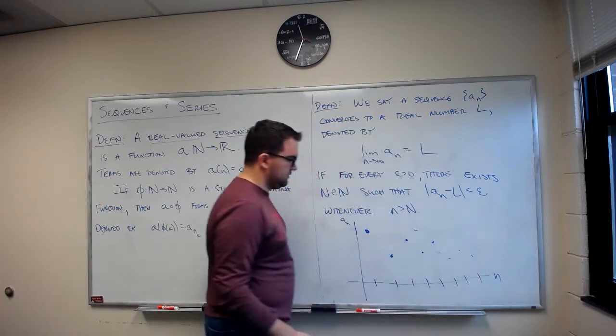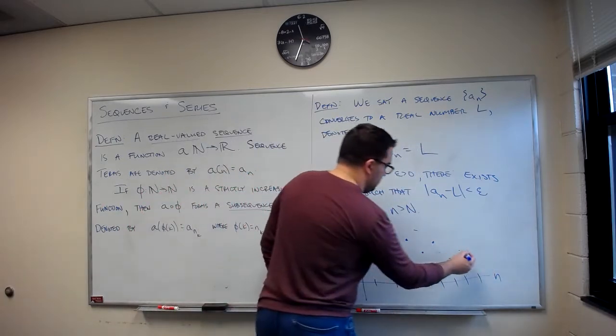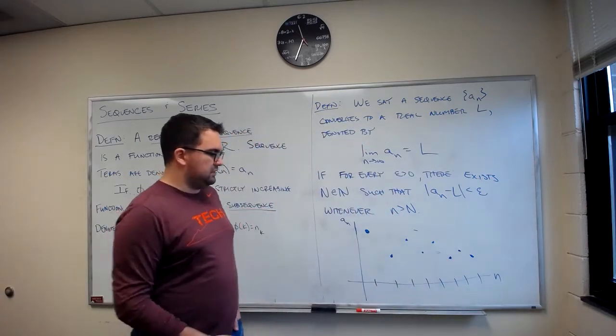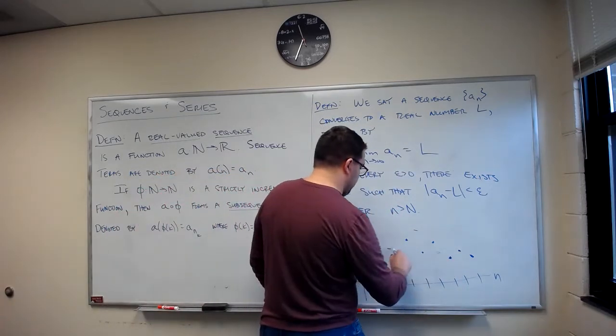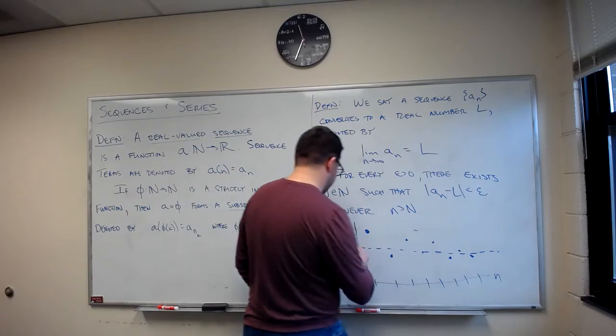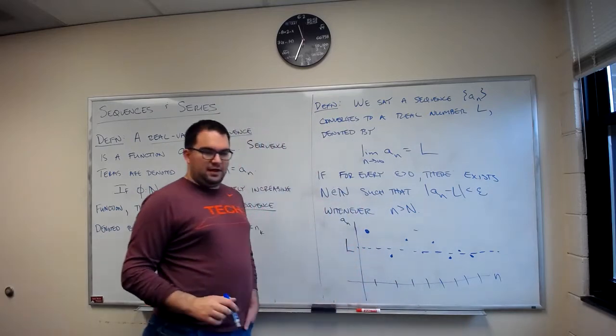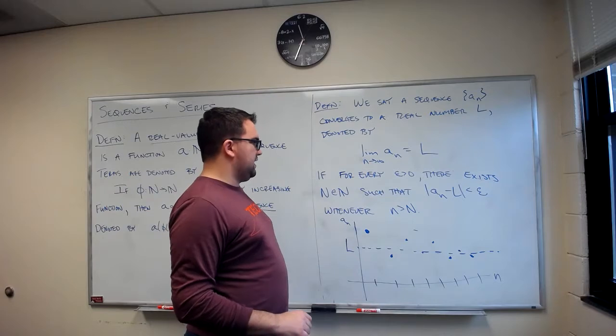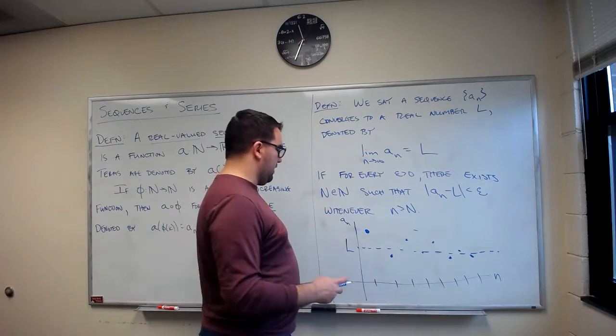Okay, so you're starting to get the sense, right? If I look at this sequence, and this is a visual representation of my sequence, it seems to be settling down, right, to some limiting value, maybe around here. So there's my L. And so what this definition is saying is that for any epsilon I give you,